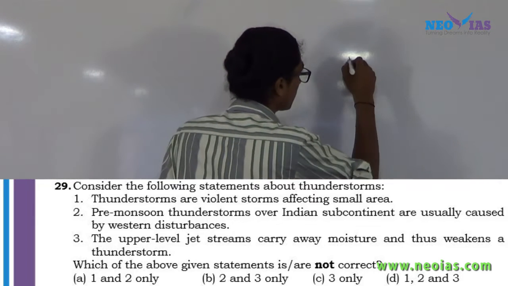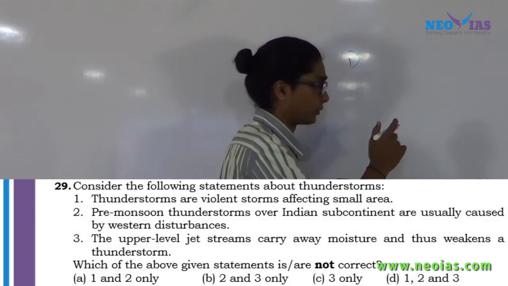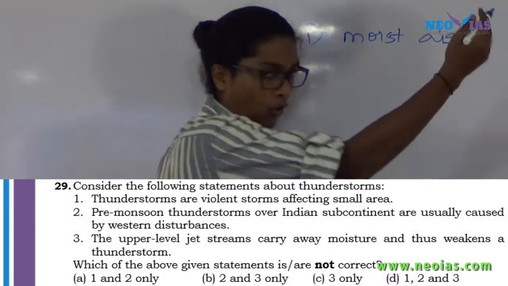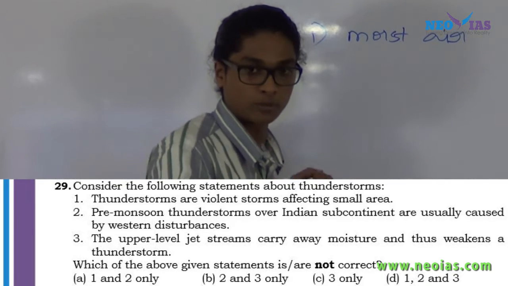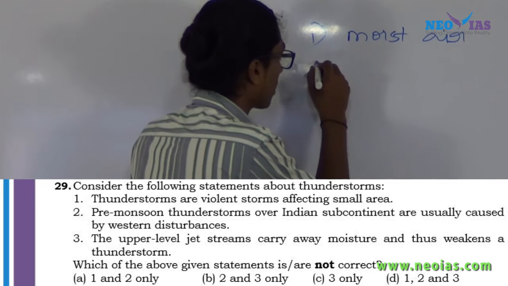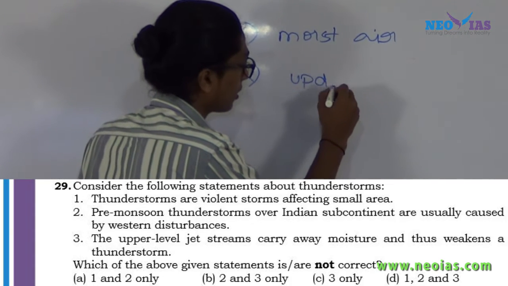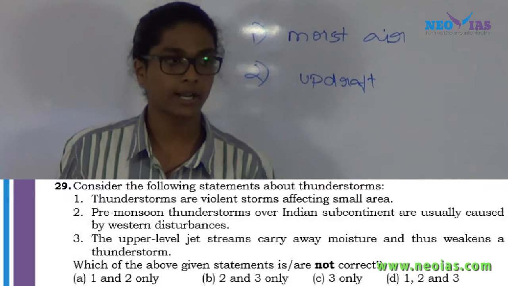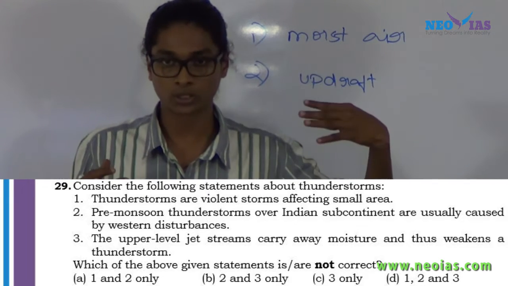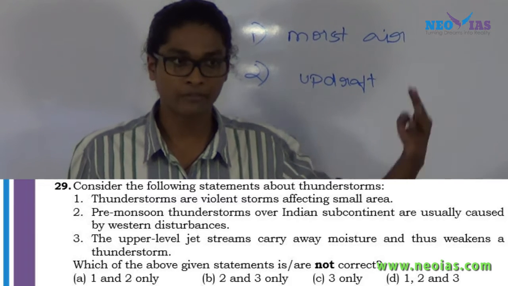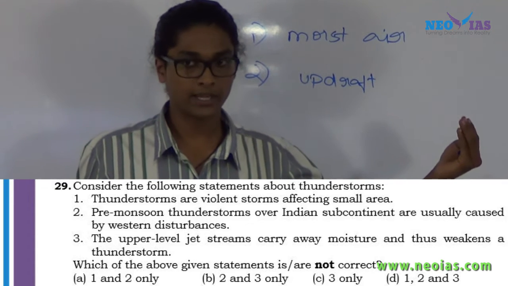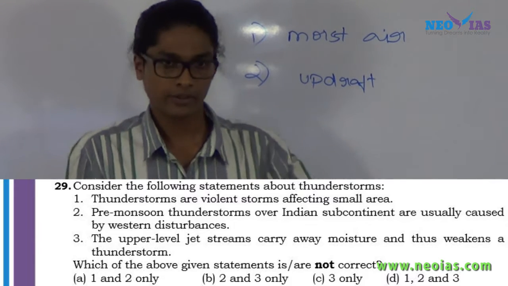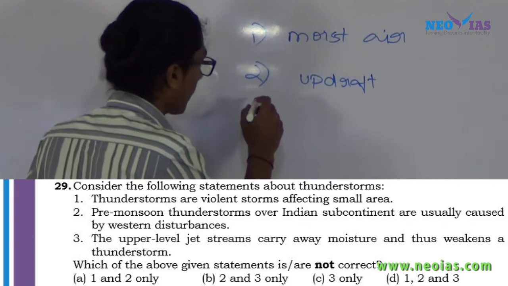One, factors necessary for the formation of thunderstorms: warm and moist air in the lower atmosphere. In the lower atmosphere, air should be warm and moist, and there should be an updraft, so the air from the lower atmosphere should rise towards the upper troposphere. For that, some kind of uplifting mechanism should be there. The uplifting mechanism can be orographic, cyclonic, or frontal. We already discussed that, right? Now,